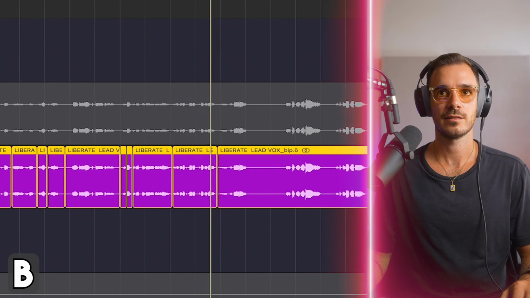Both sound really good. It's amazing to see what you can do with free plugins. So if you did comment down below in the beginning of the video, A was the Pro vocal chain and B was the one with the Logic stock plugins, which is also pro sounding. You can do so much with stock plugins as I've just shown you here.